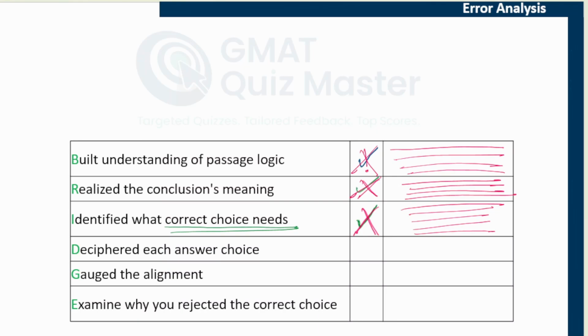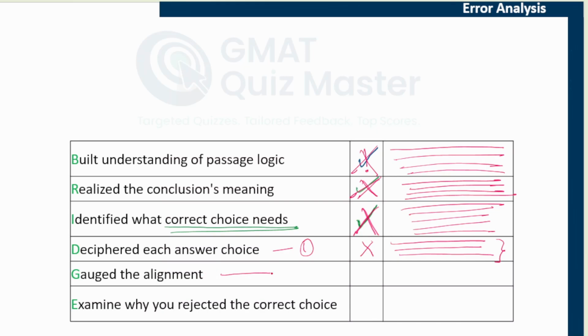Now, if you selected choice A, let's update the bridge table. Let's understand why you selected the incorrect answer choice. The first thing is, did you understand the meaning of choice A? What does choice A convey? If you did not understand the meaning of choice A, then mark a cross here and write down the reason. Did you rush through, or was there something because of which you got confused, or whatever was the reason why you could not understand the meaning of choice A? Even if you missed this particular step, understanding the meaning of choice A,